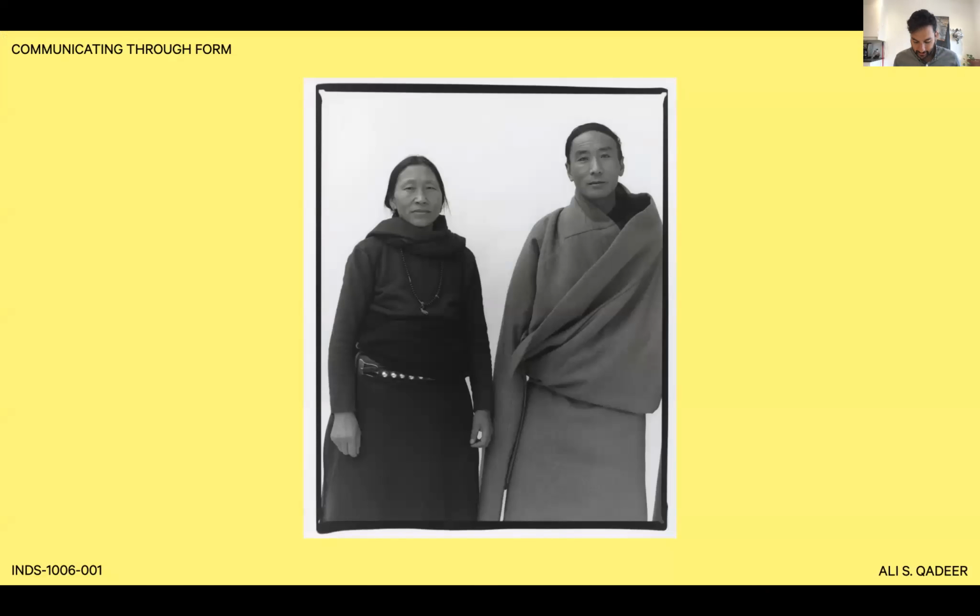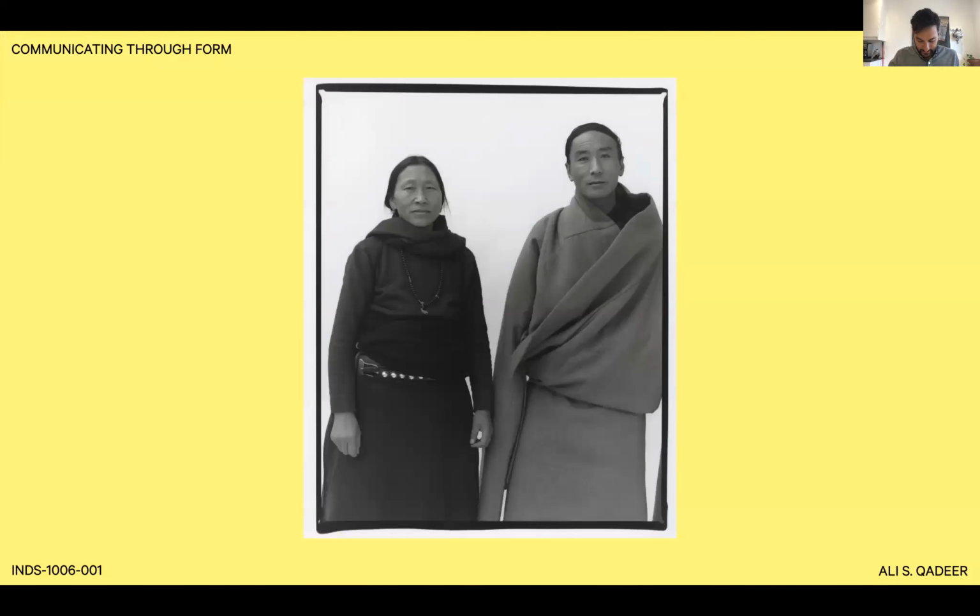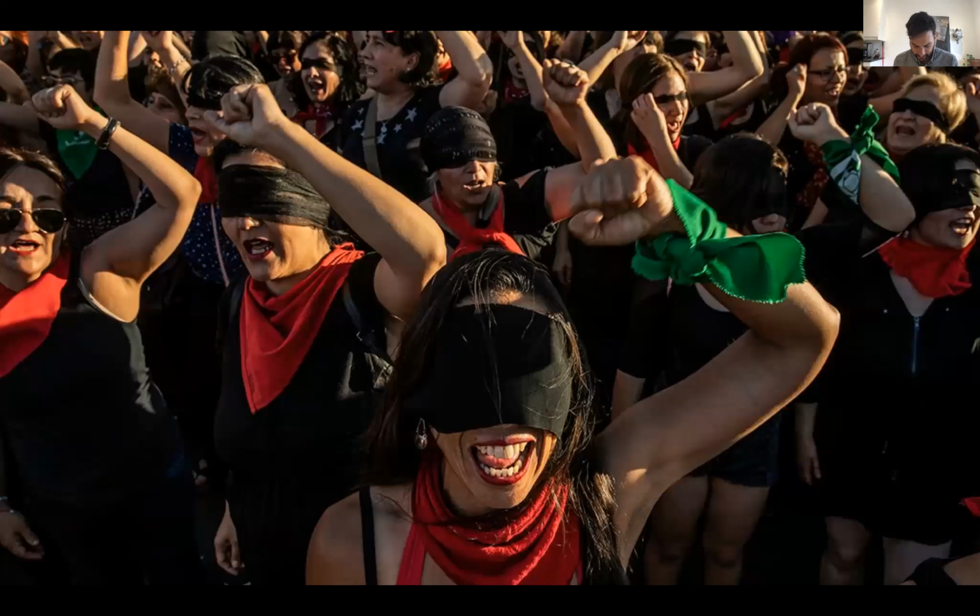In this photograph by Nikki McLaren, these two subjects are shot on a white background with a large light source, most likely a softbox. As you see, a light source that diffuses light over a large area. In this image, you can see how shadows are very subtly cast over the faces of her subjects. Compare that to this photo by Fabio Bucciarelli. You can see how sharp the lines of these shadows are. The light source here is the sun. It's bright and it's far away. It creates immensely hard light in circumstances like this.